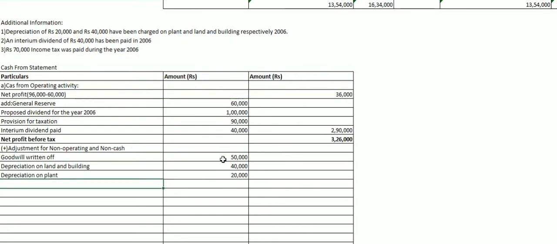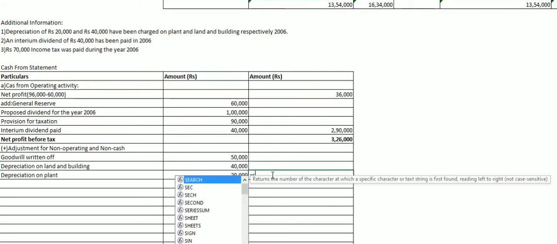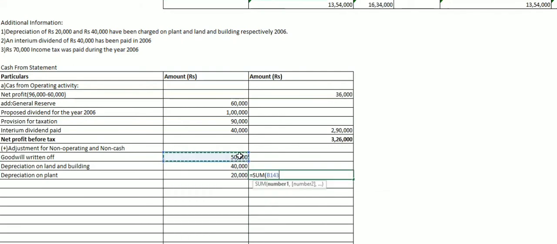So now all the expenses are added, so you will add all your expenses. So now you will get 1,10,000. So if you add both, you will get